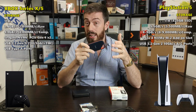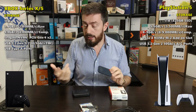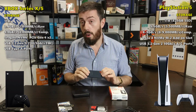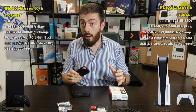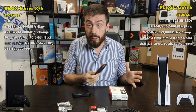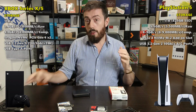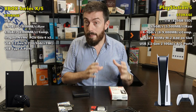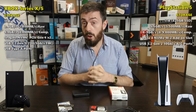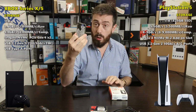Now, the games themselves can't run any faster than the game itself, but anyone that's ever installed an SSD inside their PS4 or Xbox One will know that you get faster performance, lower latency, shorter loading times, and ultimately a better experience. The same goes if you get an external drive and you utilize a better version of USB. That said, if you do have an external drive and it has a hard drive inside,